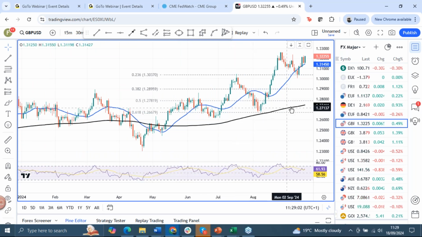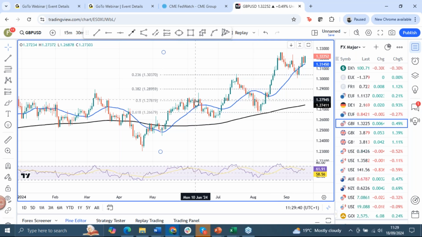You can see the 200-day moving average, that black line, really just helped to support in early August when we got down below 127. Since then, jumped to sort of 132.66. 132.61 is now sort of resistance to an upside move. You've got the 21-day moving average just to support there, that blue line, that's at 131.45. And then decent support below at 130.37. You can see that capped the upside in July and then acted as support earlier on this month. So those are the levels we'll be looking out for.